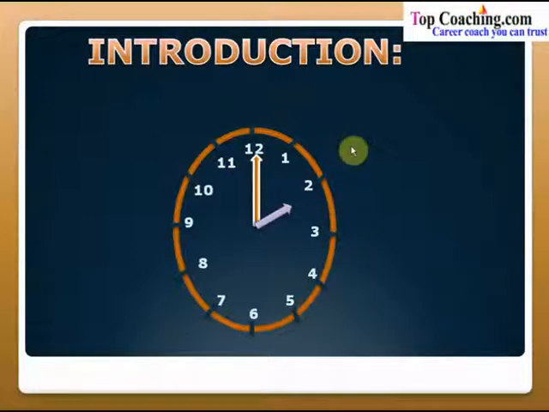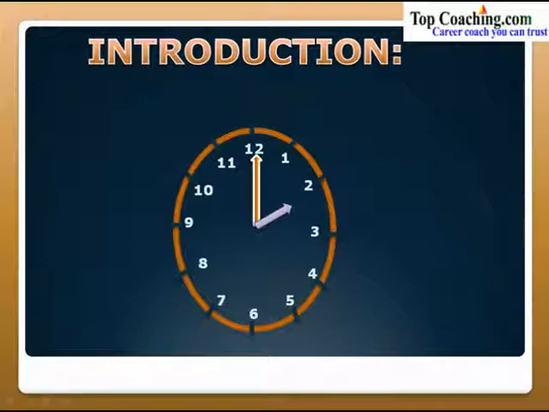Now we can see that when the minute hand has completed one round, the hour hand has gone from one marking to the other, from 12 to 1, from 1 to 2. You can clearly see that. So what we can say is that in every hour the minute hand completes one round. Further, the space between any two consecutive numbers is divided into 5 equal parts and these denote the minutes.